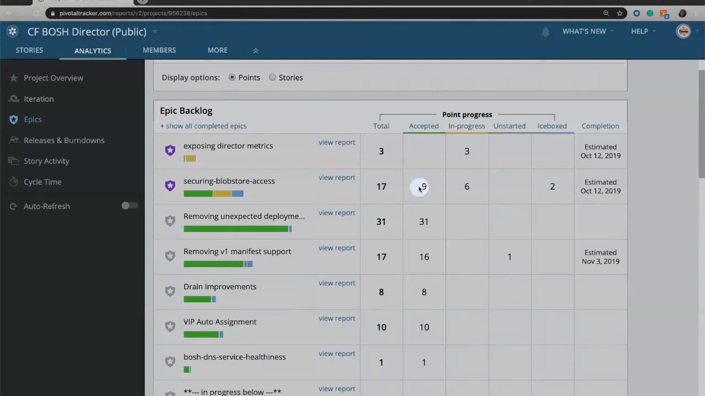So we can see the number of accepted stories. And again, the status bar is color coded. So accepted indicates green, yellow indicates in progress, gray indicates unstarted, and blue indicates icebox stories. Tracker will also show you its estimated completion date, but remember that estimated completion date is based on your planned work. Since we have 2 stories that are still currently in the icebox, we'll need to get those planned as well